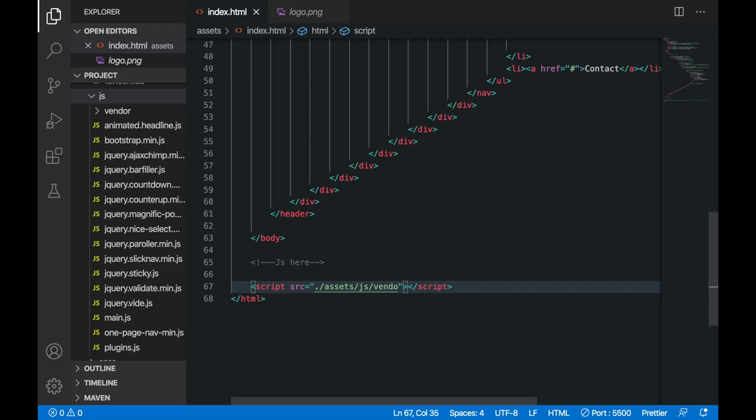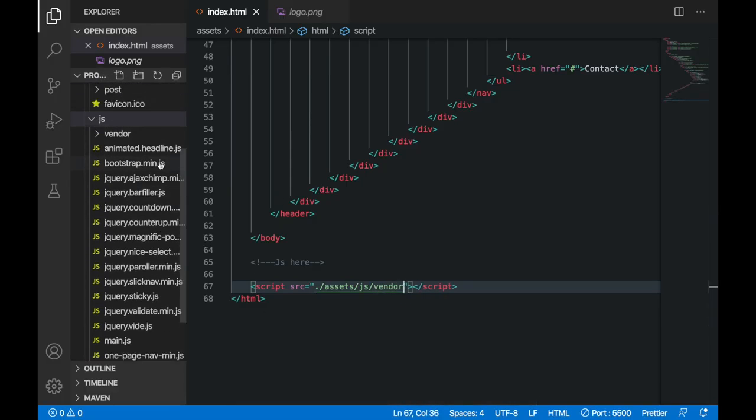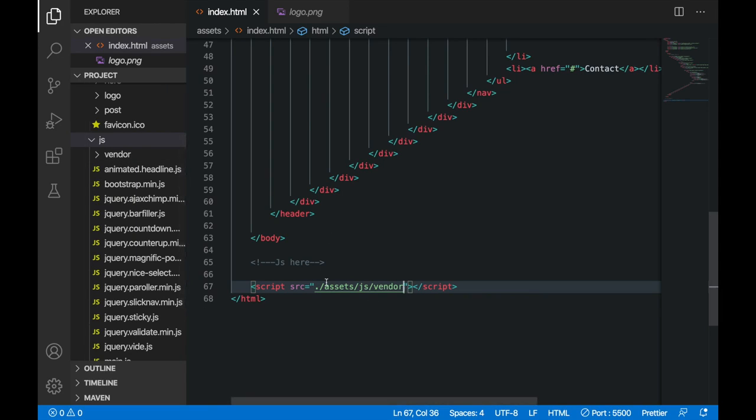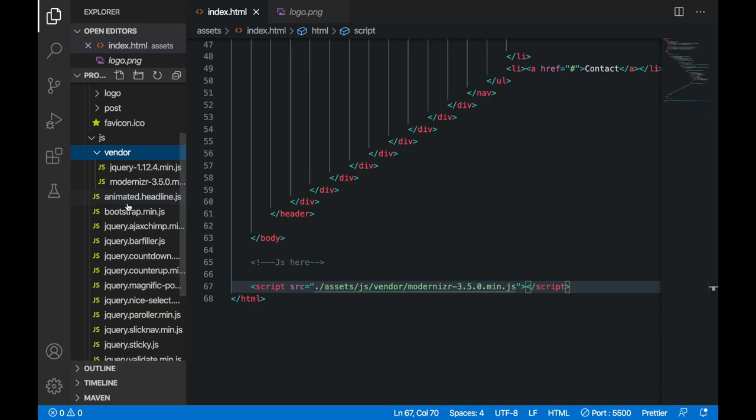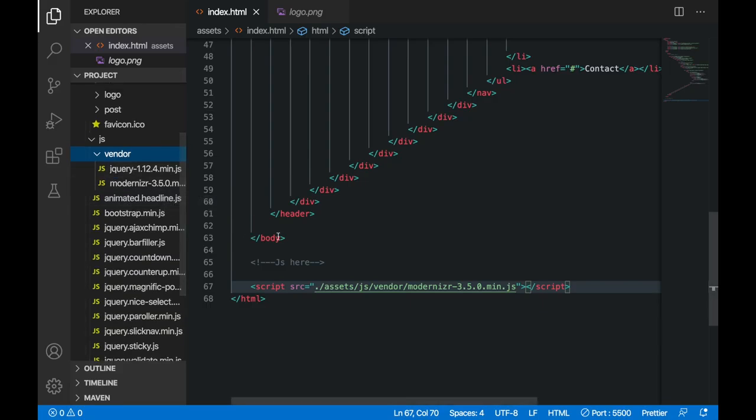Inside vendor I am having Modernizr 3.5.0 main.js. Let me also show this to you. When you open this vendor you can see here this modernizr 3.5.0 main.js. So this is the file that we need here.